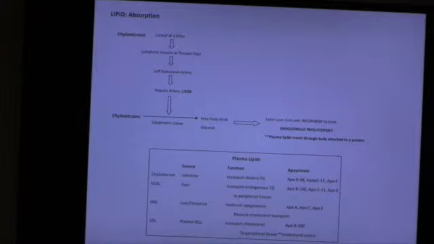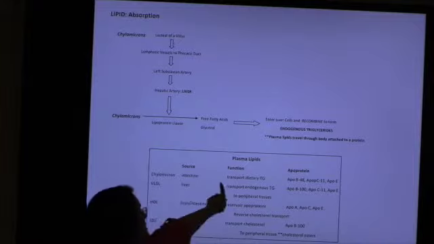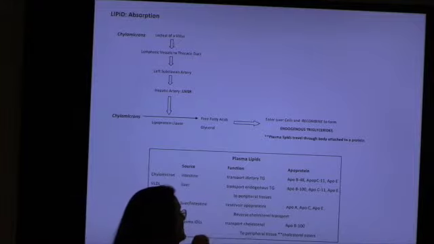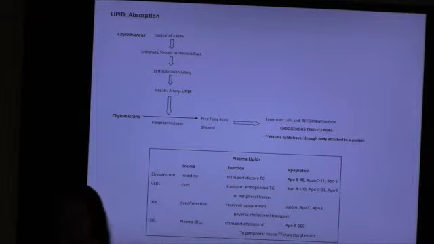So plasma lipids. Remember when I said that we have to have a buddy to cross the street? We got to have that protein. This is where we talk about our different plasma lipids. So chylomicron, remember we talked about intestine, right? They transport dietary triglycerides, okay? These are your, what is called apoproteins. Those are your buddies. Those are the ones that are associated with chylomicrons.